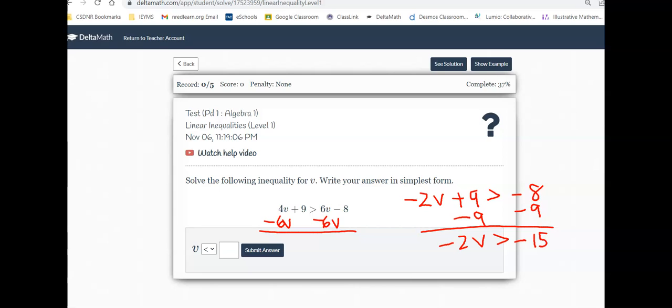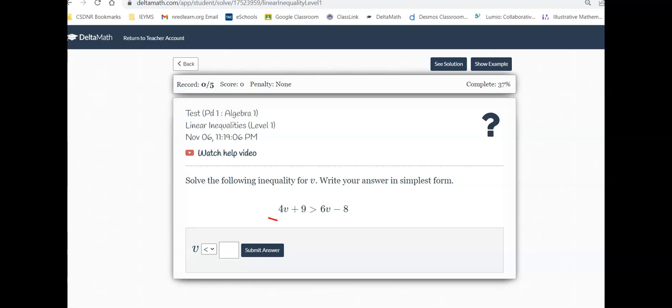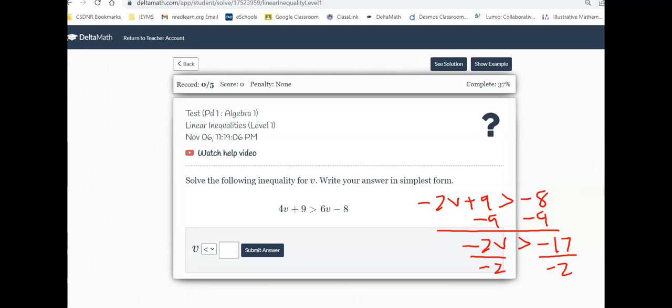Negative 6v, negative 6v, negative 2v plus 9 is greater than negative 8. Negative 2v is greater than negative 17. Divide by negative 2, and this is what I was talking about. When you divide by a negative, you take this symbol and you reverse the direction, right? You reverse the order. So v is less than